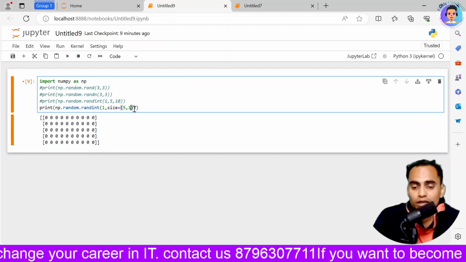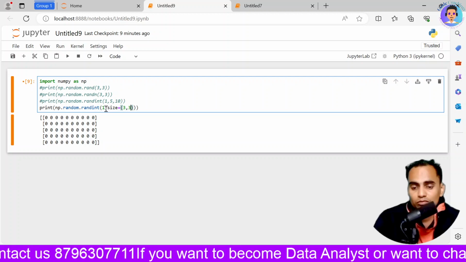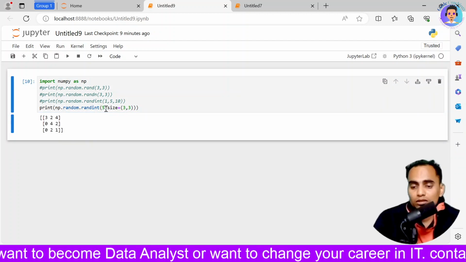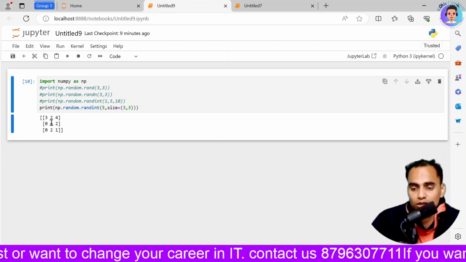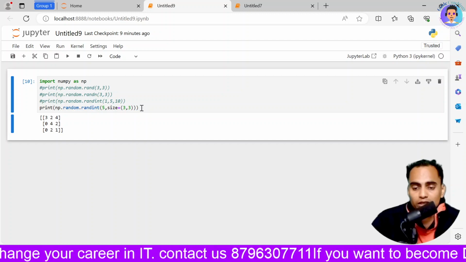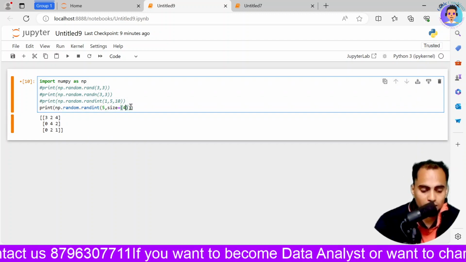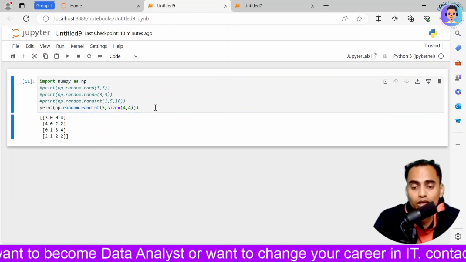If I change it to a 3 by 3 matrix, 3 rows 3 columns, that is what we are defining over here. And over here if I define 5, it will take any number up to 5. So it is taking a 3 by 3 matrix. If I want 4 by 4, I will write 4 comma 4, and it will give me a 4 by 4 matrix. That is how you can get it.